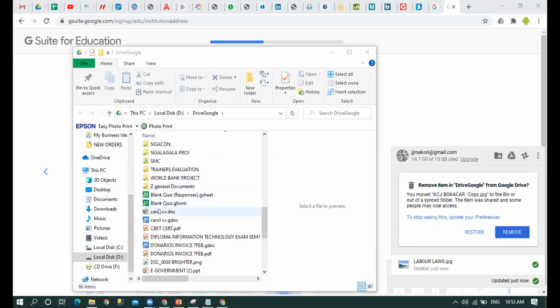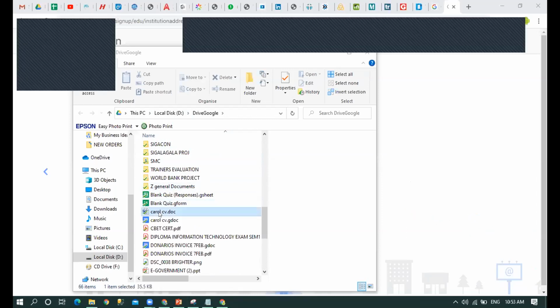For example, if I change this one, if I rename this one like that, then I just click, I confirm the name. So you can see it is synchronizing.